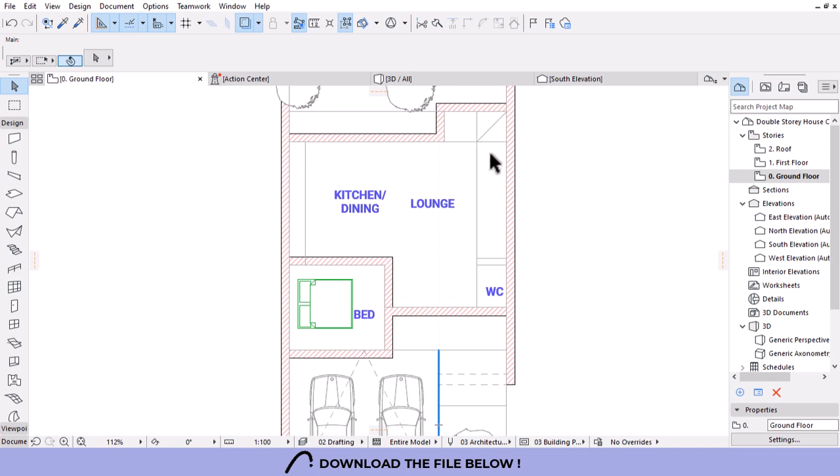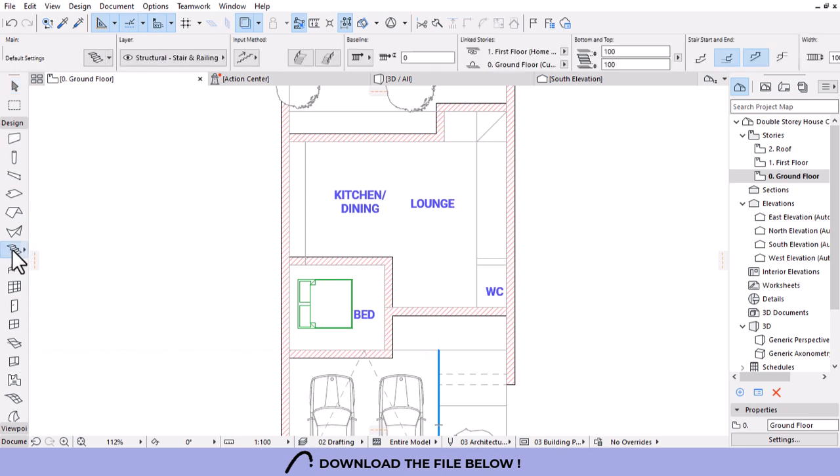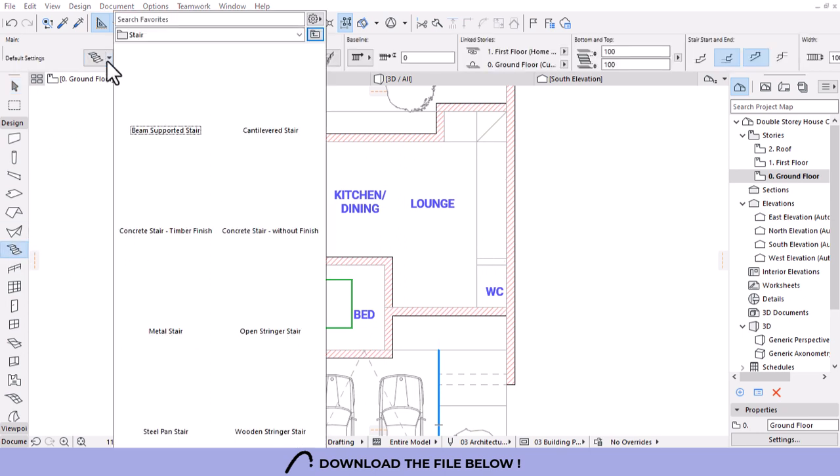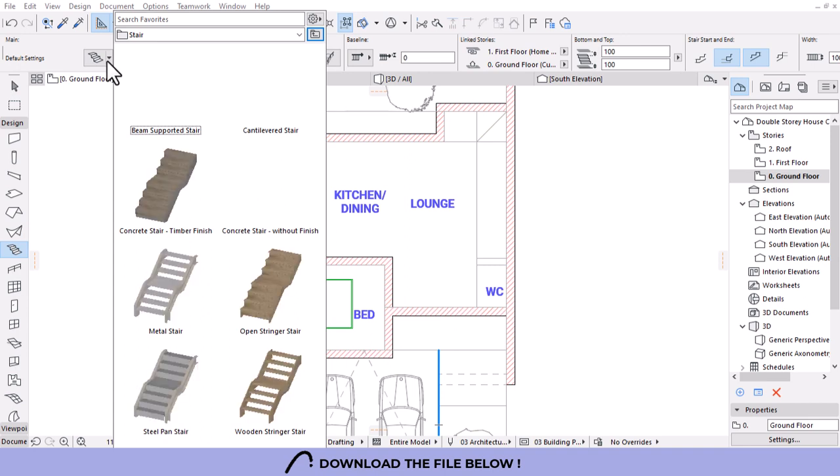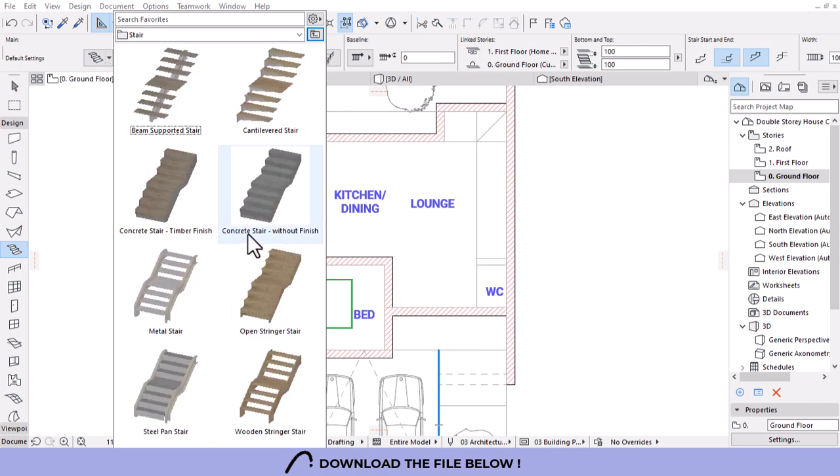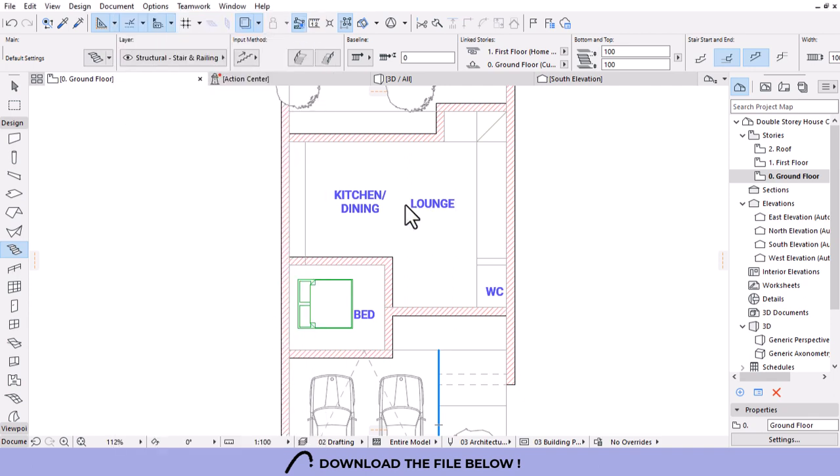So we have to place the staircase. This is where the staircase is going to be located. So it's just a straight staircase. So I'll pick a state 2. You can click on the favorites here and see what ArchiCAD offers in terms of the staircase designs, as you can see there. So in this case, I want something interesting because it's going to be a feature in this lounge. So I will use this beam supported stair. Click on it, and then I'll start